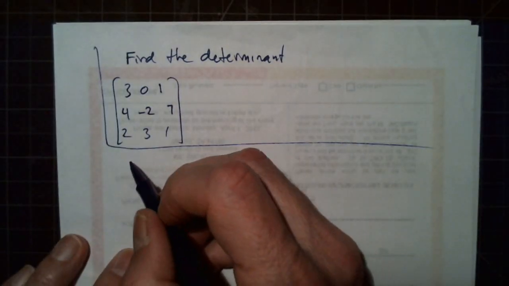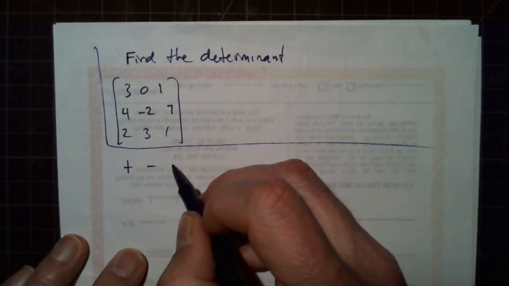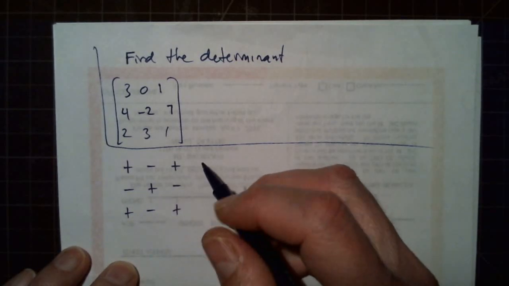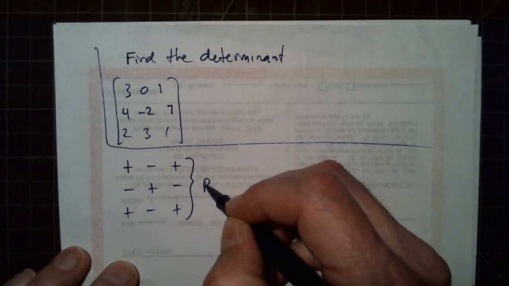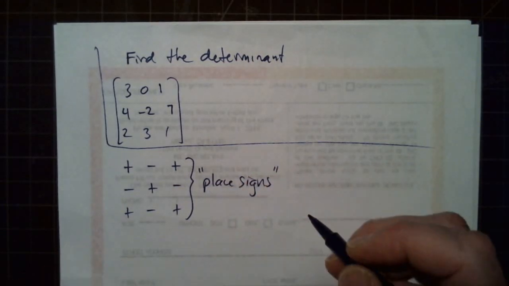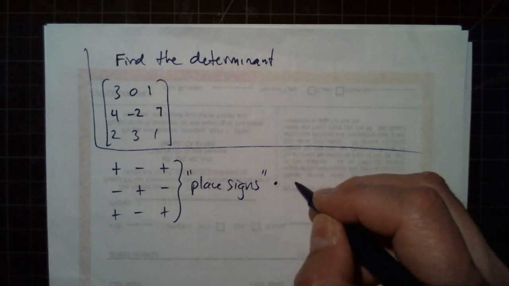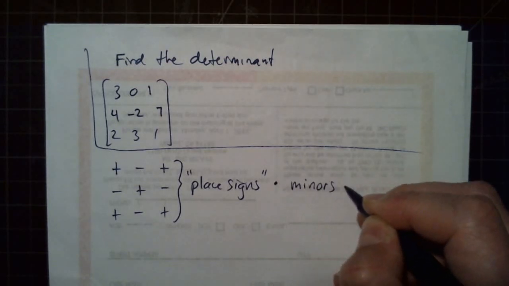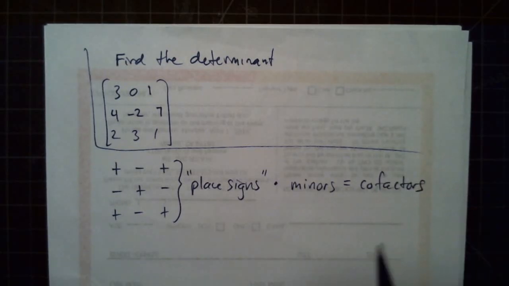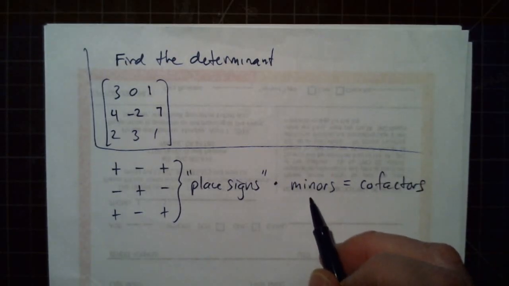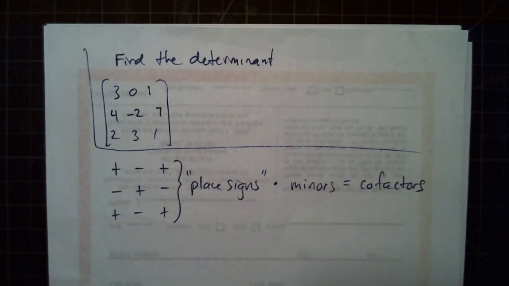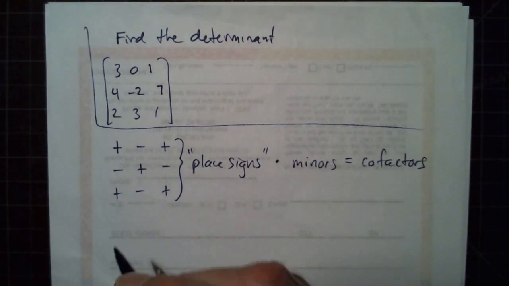So to do this, we have to know about this pattern of signs, and these are called place signs. If we multiply place signs times minors, we get cofactors. And minors are determinants of 2 by 2 matrices within the 3 by 3 matrix. And here's how it will work if we do